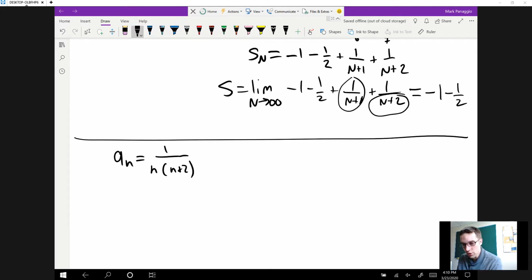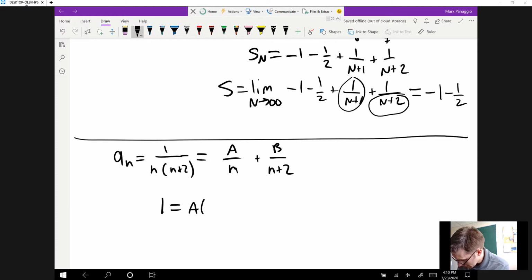But what I want you to notice here is we could imagine splitting that fraction up into two pieces using partial fraction decomposition. And if we could do that, we might be better able to see if there's cancellation between terms. So let's try partial fractions here. See if we can split that up into two fractions to just get a different perspective on the original sequence. So as before, as we did with our integration problems, we'll try first of all to get rid of the denominator. We can write this as